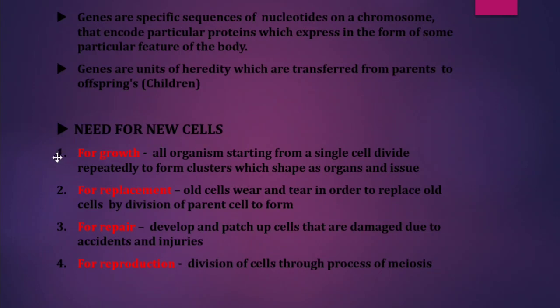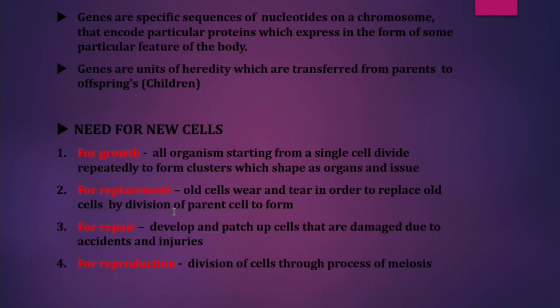Need for new cells. Why are new cells needed? When the egg and the sperm fuse, it forms the fertilization. After the fertilization, it forms the zygote. The zygote is a single cell. After continuous division, up to the blastula stage, it develops in size and in numbers also. Like that, after we are born, the size increases month-wise and year-wise. How is it possible? Because of the formation of new cells. So the first need for new cells is for growth.